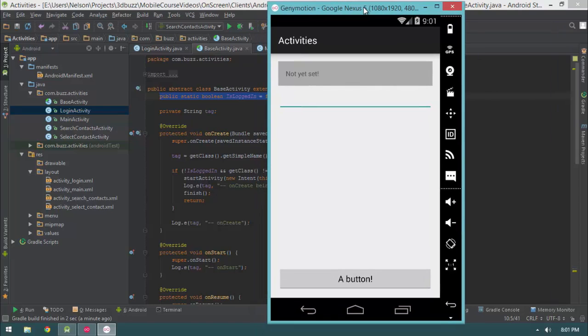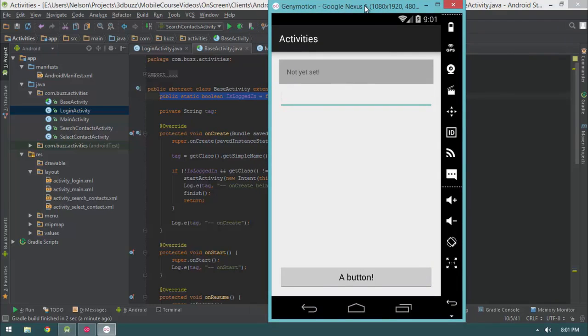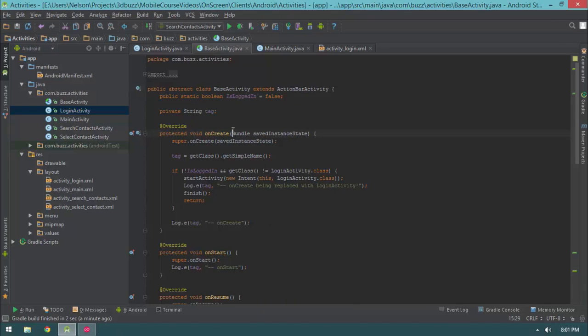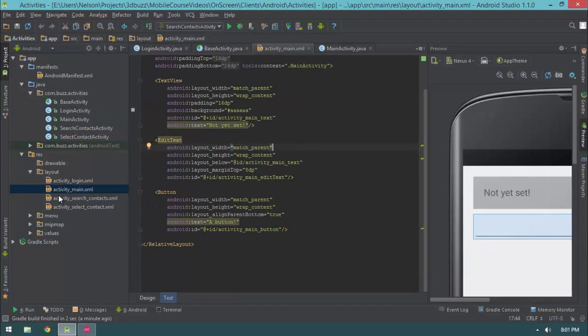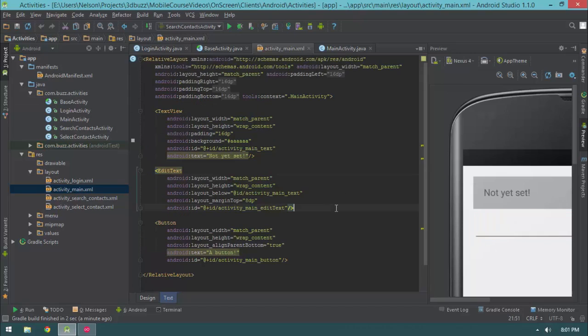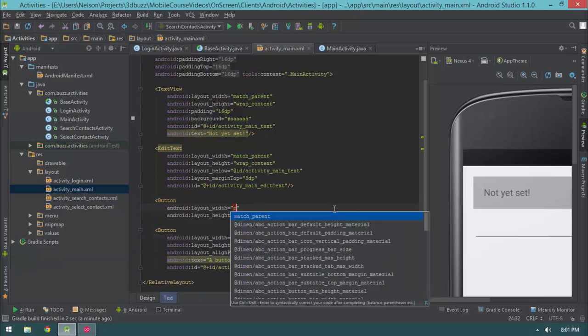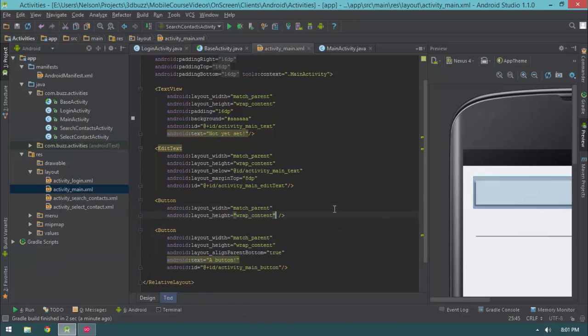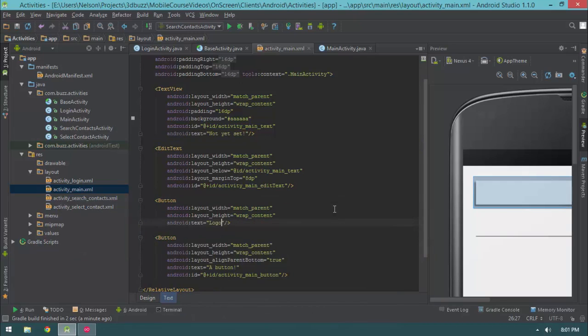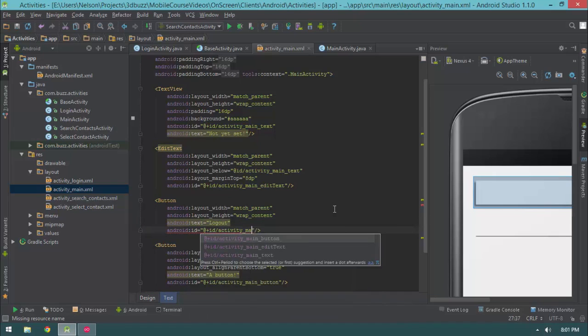The next thing I want to deal with also deals with backstack, and it involves the concept of logging out. So let's go ahead and implement logging out. Now the first thing to implement logging out is, of course, going into our activity main, our layout file, and adding a logout button, which should be pretty straightforward to do. I'm going to go ahead and say button, layout width is match parent, wrap content for the height, text is going to be log out, ID is going to be +ID/activity_main